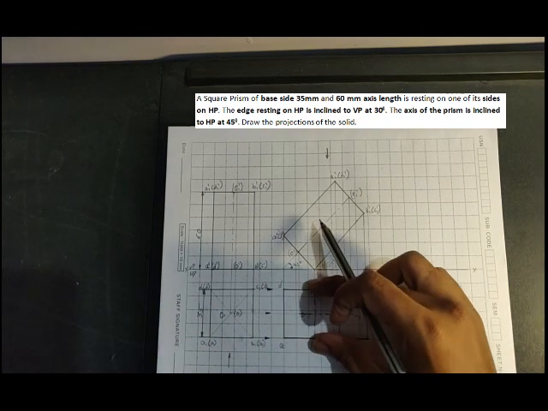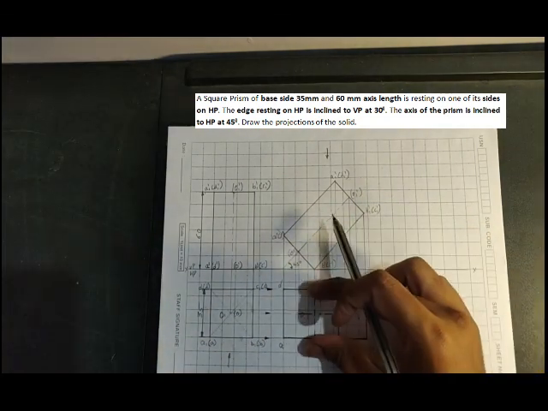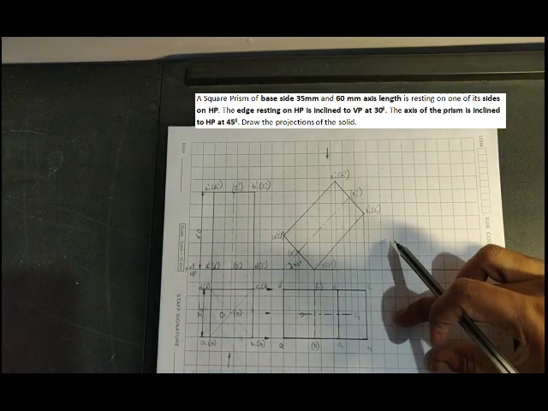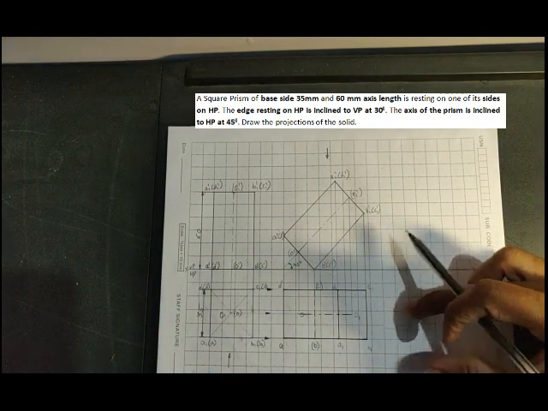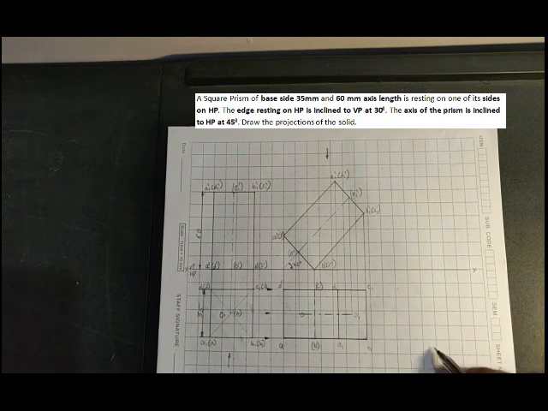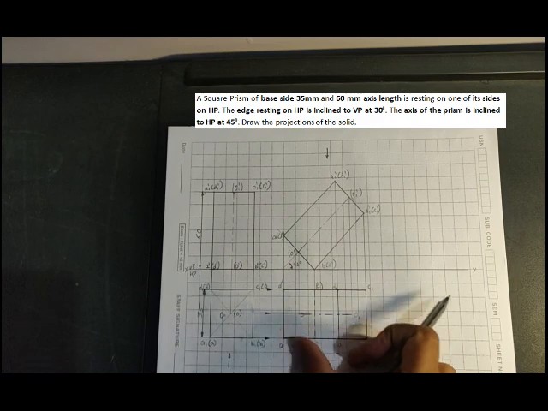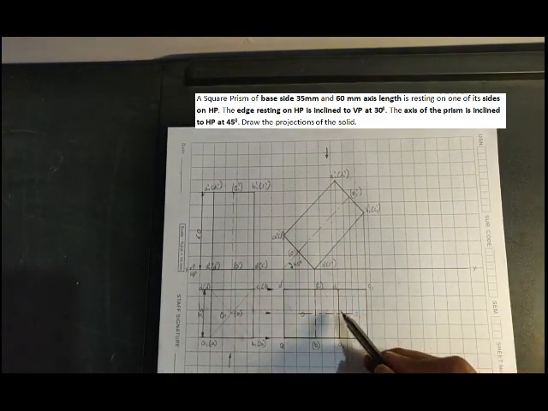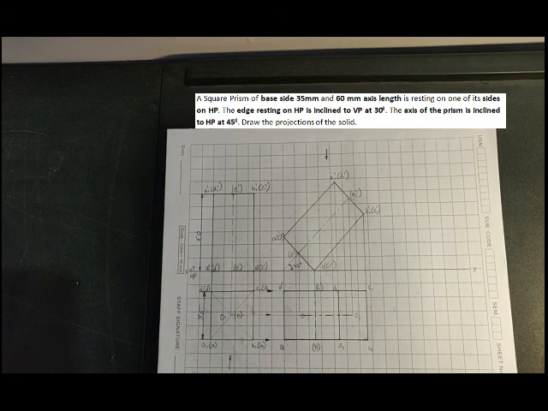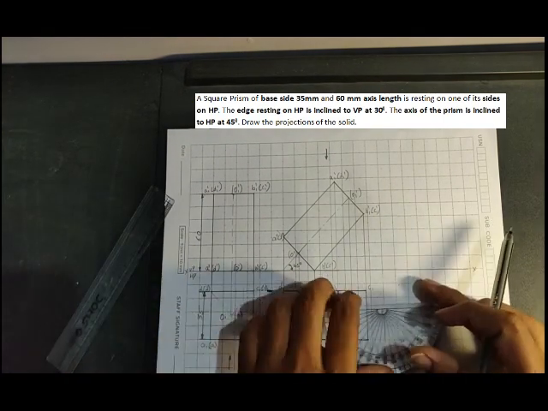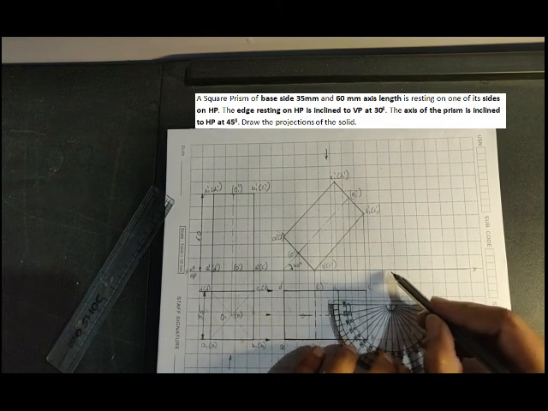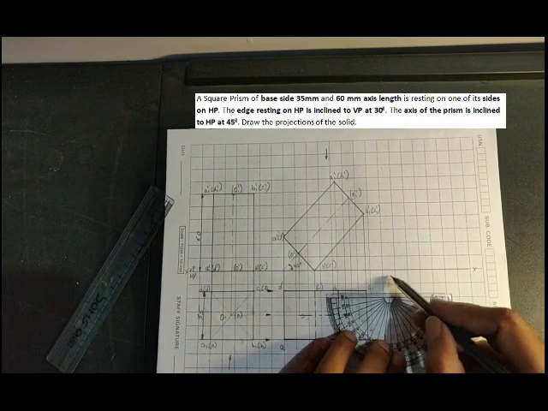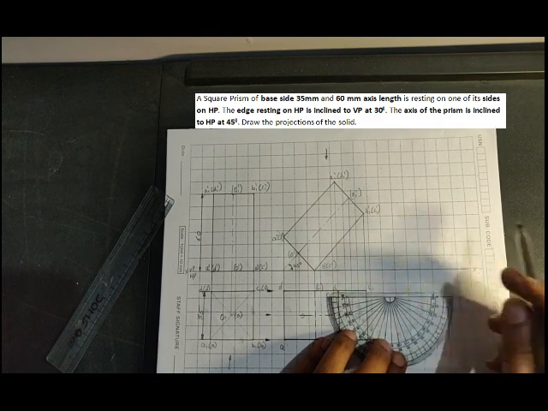So what I do is I take this object, I'll place this way. Take BC, place this way. If I'm placing this way, that means to say I need to draw the inclined line this way, correct? You can also draw this way, but the only thing is you have to take this way or flip it. So my convenient method is to take 30 degrees in this direction. So I'll place this protractor here somewhere, some point which is below the xy line. I'll let you know why I'm doing this.